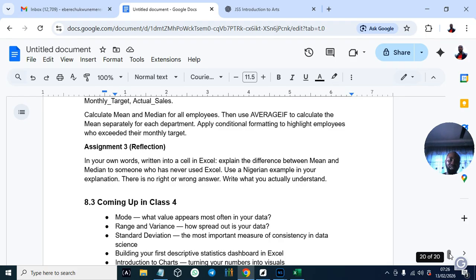It will help you to understand how to interpret data. Please just try and do it to help you understand how you are going to be interpreting data in the future. Remember, the way you learn now is what you'll be doing in your work. That's why I want you to understand how to interpret data.